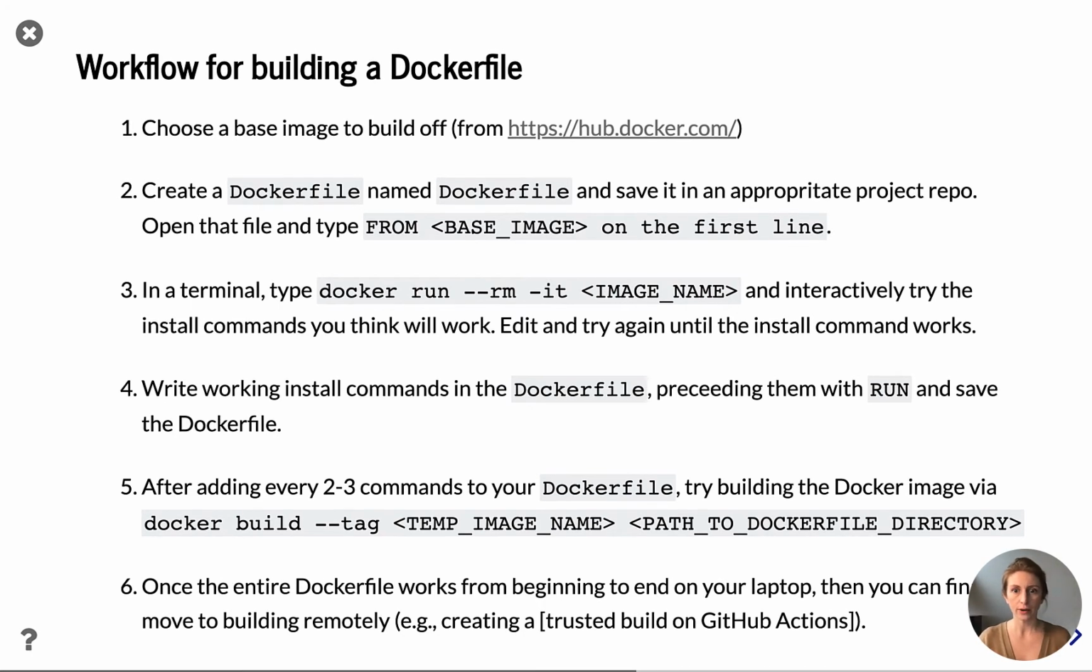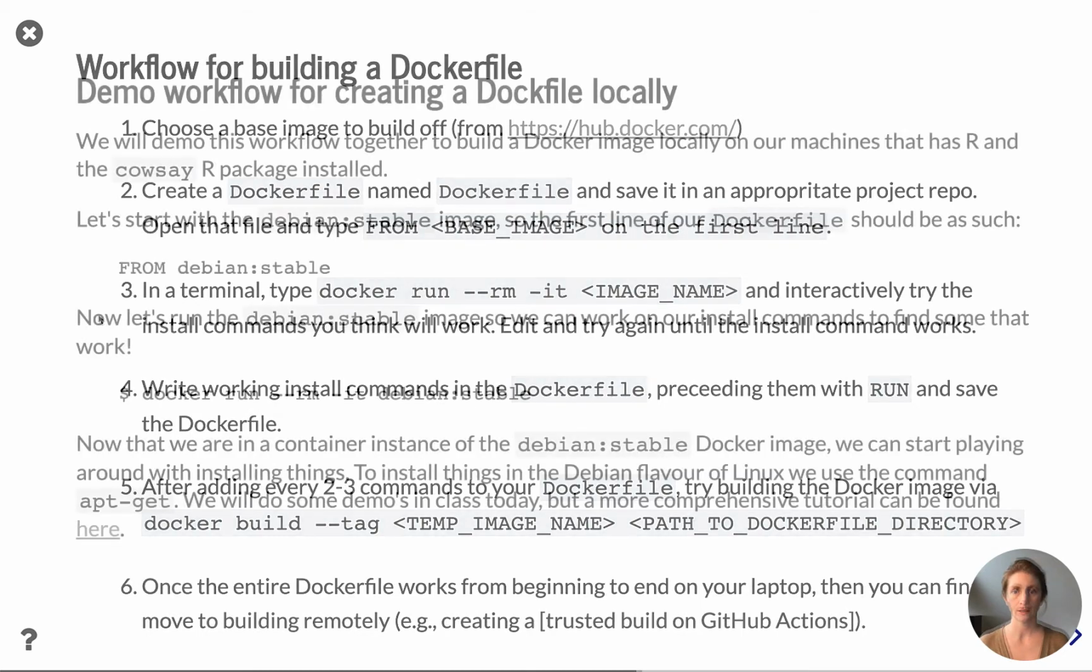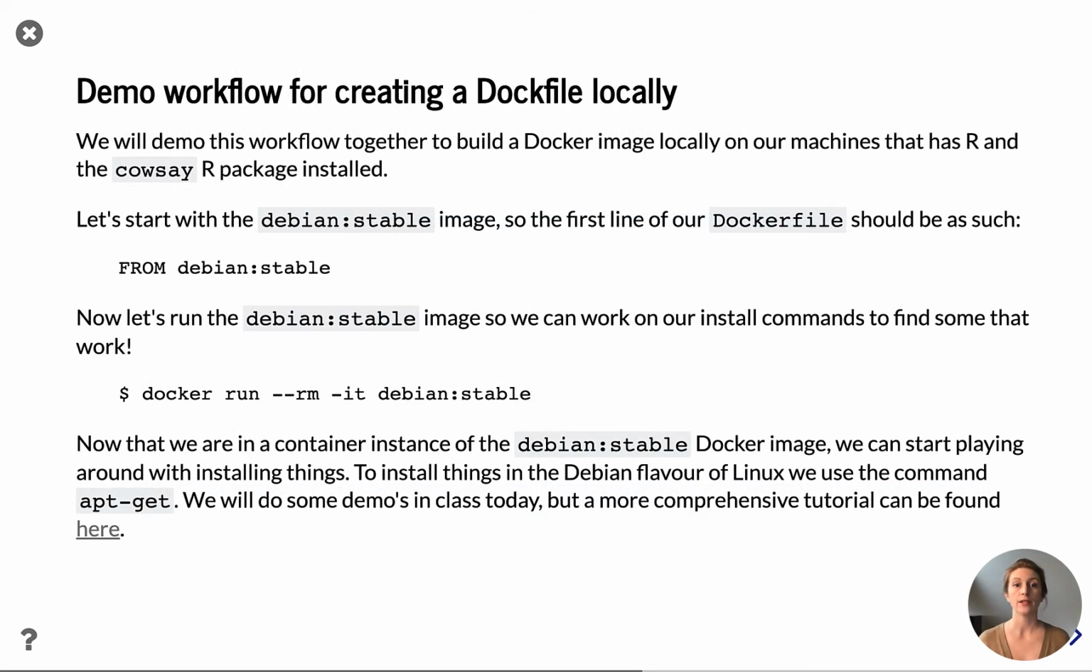By iterating over this and testing things out very frequently, you're going to figure out where you've introduced errors, and hopefully by playing around with things interactively in the terminal, you're going to minimize the errors that you put into the Dockerfile in the first place. So what we're going to do now is demonstrate this workflow by building a Dockerfile that we can use